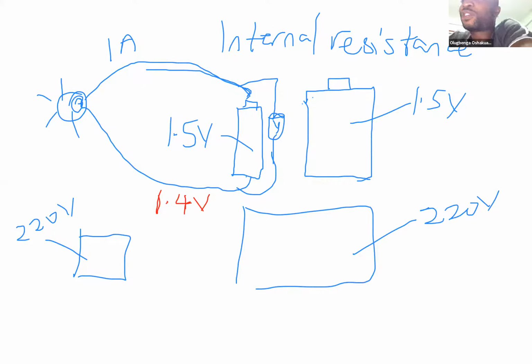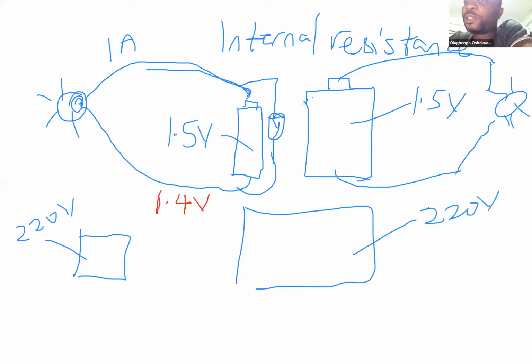If you connect the same bulb to this big battery, the voltage may drop to something like 1.45. Whatever has dropped to 1.45 volts means that the internal resistance here is smaller than what we have here. And also, when we use the same analogy for your generator, at least you must have noticed